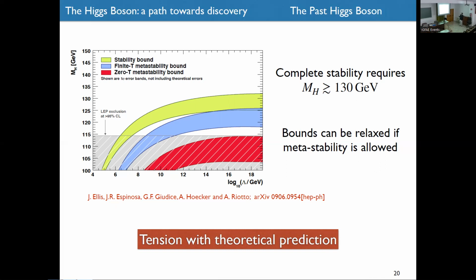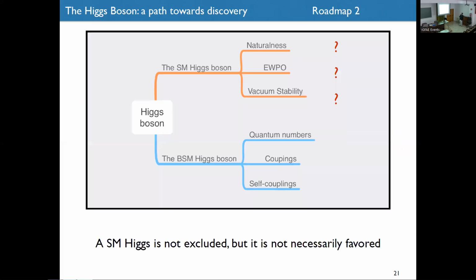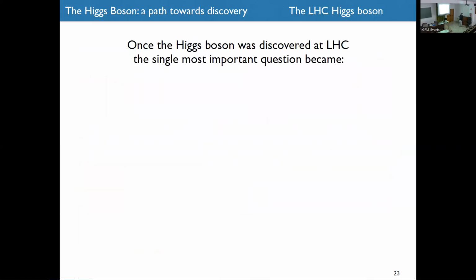So all of these 3 together, they don't tell us that the standard model Higgs is excluded, but they tell us that maybe it's not a fair answer. And this is why in 2009, many scientists believed that there wasn't any way that we would find the standard model Higgs at LHC. I remember a professor that told me exactly this. But of course, we found it.